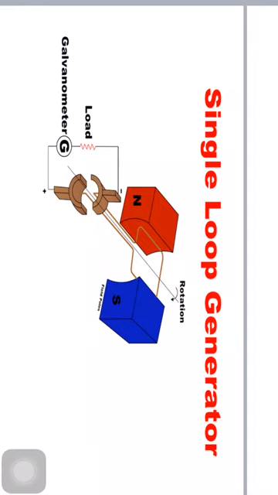When the coil reaches 90 degrees in this process of rotation, the coil sides do not cut the flux, and the flux moves parallel to them, and as a result, EMF is not induced in the coil. Next, as the coil continues its rotation, the EMF increases to its maximum, and when the coil reaches 90 degrees again, maximum EMF is induced in the coil.